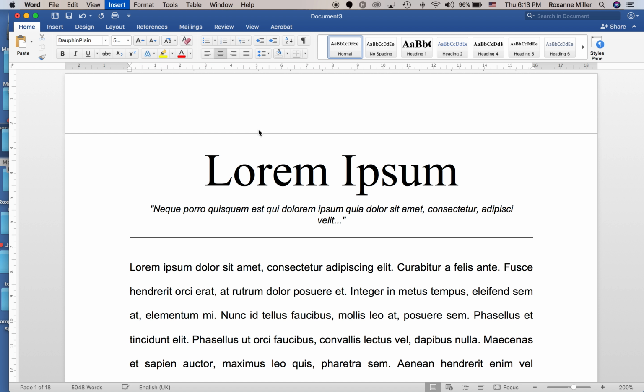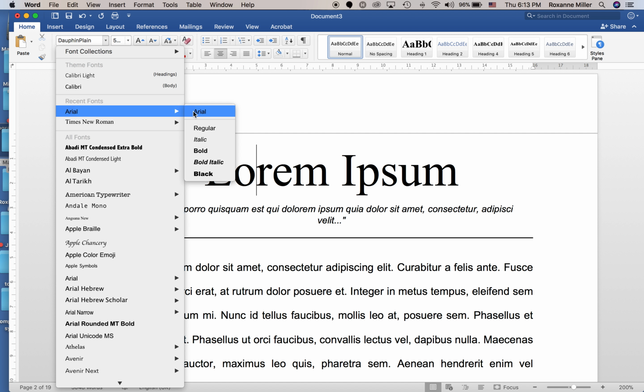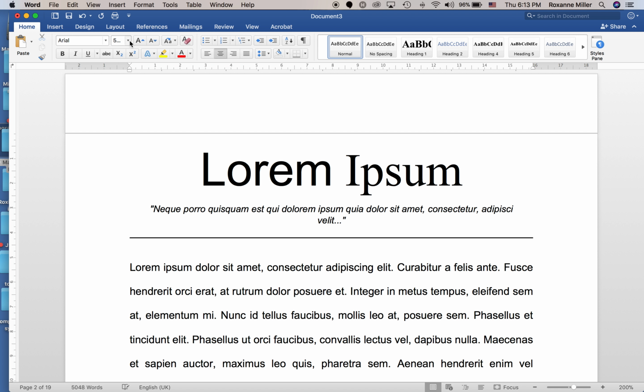Nope. On a Mac you'll hit Command Return or Command Enter. Command Return on a Mac, Control Enter on a PC. So now my font is very large because it's just taking the same font that I had before, which was a different one. We'll change that later. So I'm going to go back to Arial Regular, and I'm going to change my font size to 12-point font